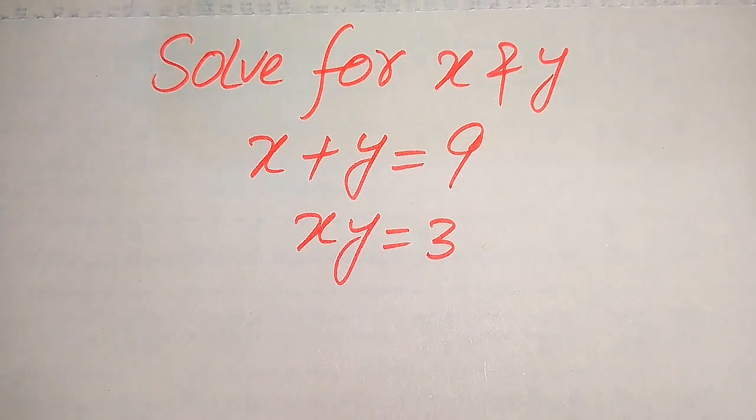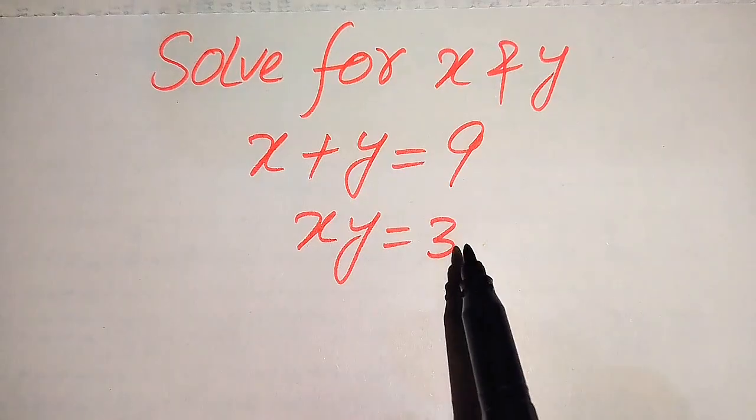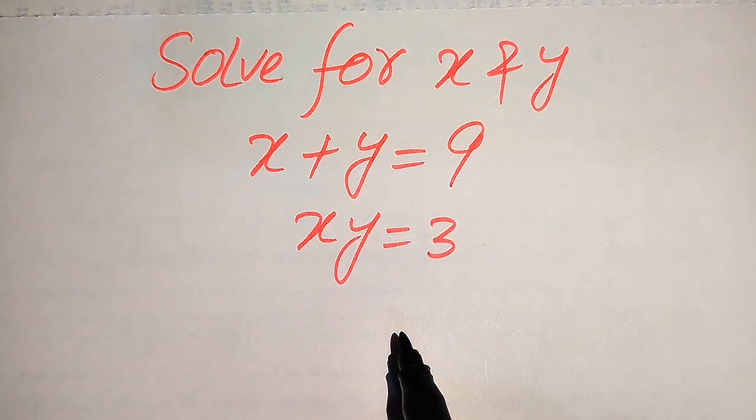Hello everyone, how to solve this problem for the values of x and y if we have x plus y is equal to 9 and xy equals 3, and we solve this problem for all the values of x